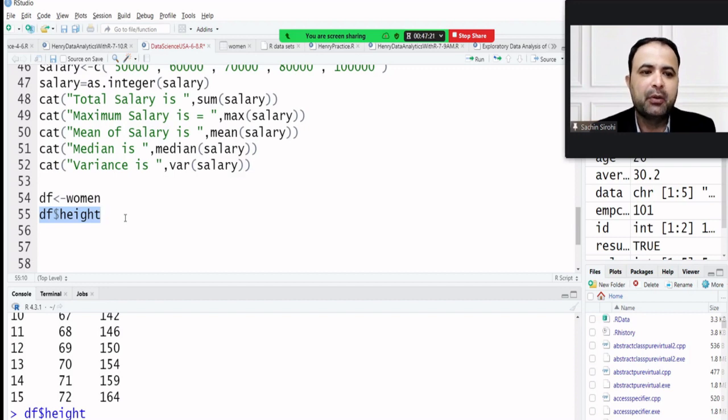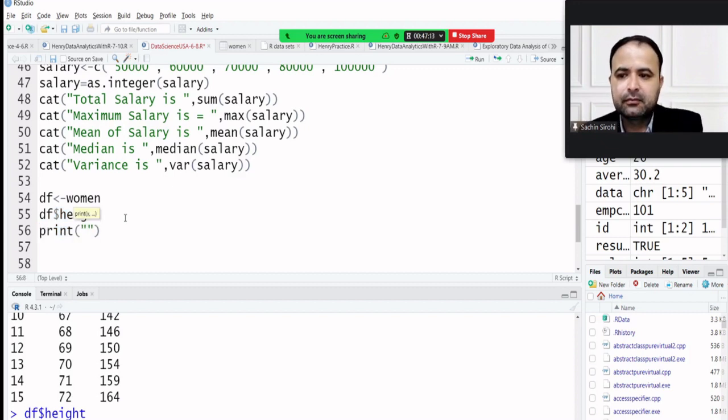Then I want to find out the mean and the variance. So to find out the mean, or you can check out the average, height is